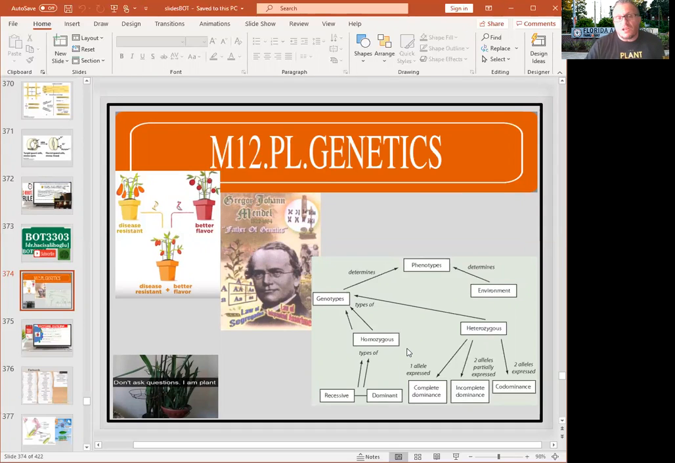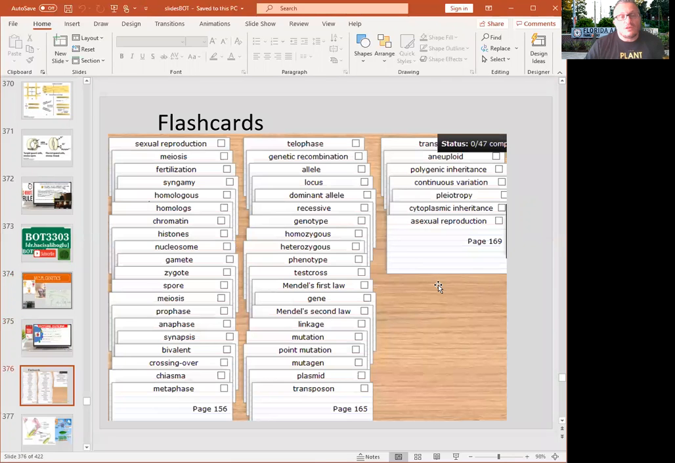So we have a number of vocabulary terms including genotype and phenotype. Phenotype is a combination of genotype and environment. So genotype determines phenotype, and environment also determines phenotype. Then homozygous, recessive, dominant, complete dominance, incomplete dominance, codominance. Okay, so